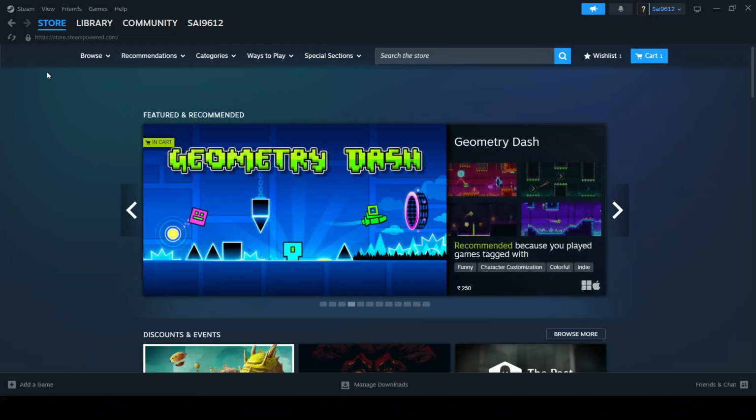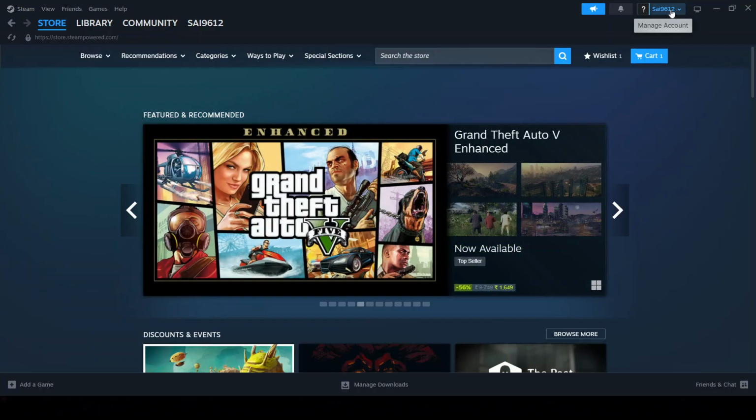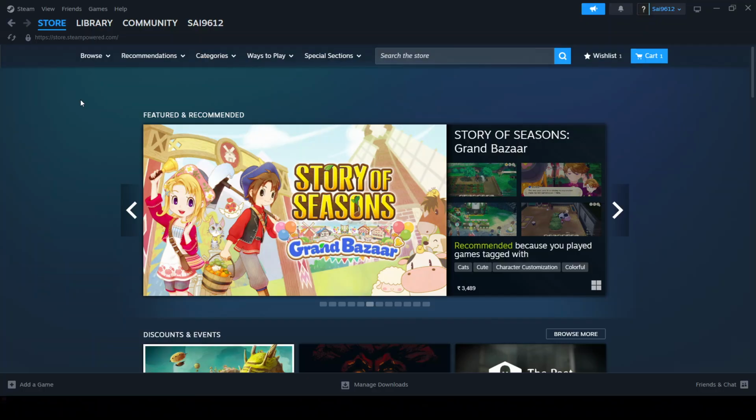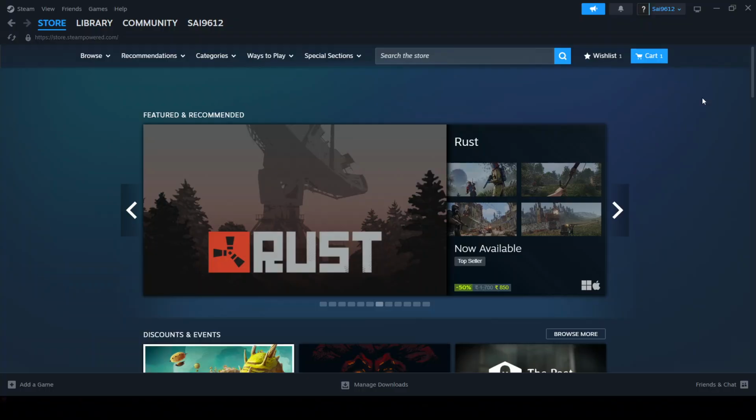First, launch the Steam client on your computer and make sure you're signed in. You'll need to be in the main Steam window, not inside a game, so you can adjust your settings comfortably. If Steam asks you to log in, go ahead and do that before continuing so your changes apply to your